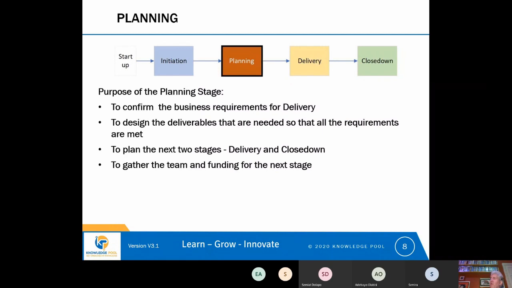And so if you identify that risk during initiation, you need to think about how you'd mitigate that risk. And what you would hope is that the project would think about what sorts of requirements they might have that might come up during delivery